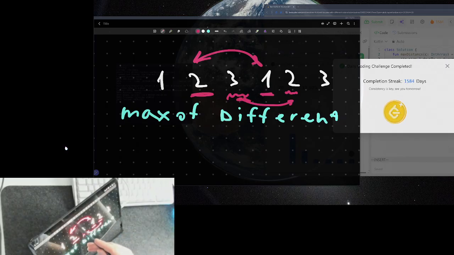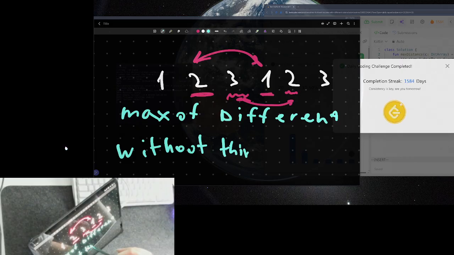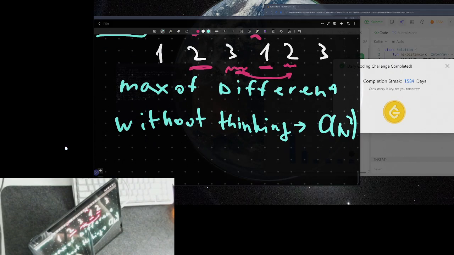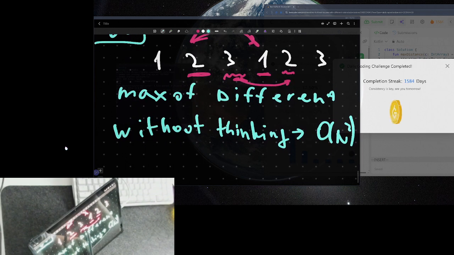Now, the solution is just without thinking, just brute force all n squared, and this is accepted because it's almost only 100 elements. After the first implementation, you can think about it. So this thinking can